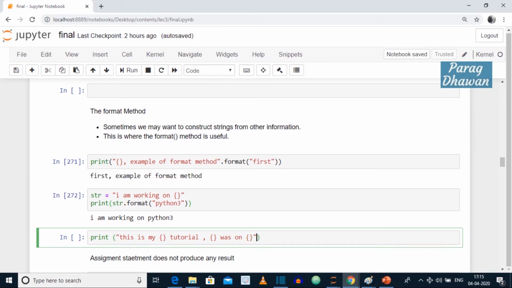In the format method, after the double quotes dot format, you have to pass three values in sequence. First I am passing a value 1, second I will pass a value 2, third I will pass a string, which is Jupyter Notebook.